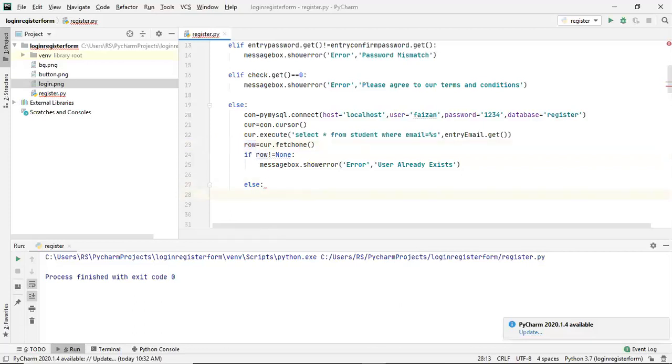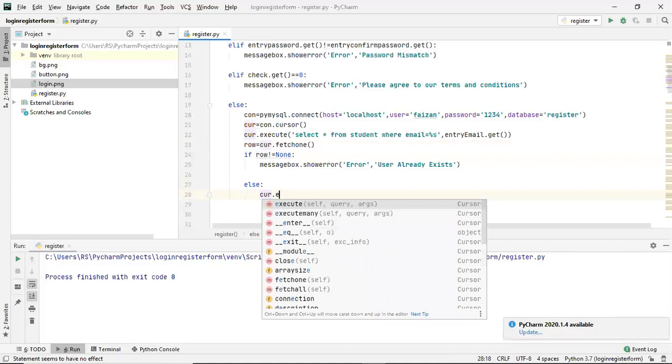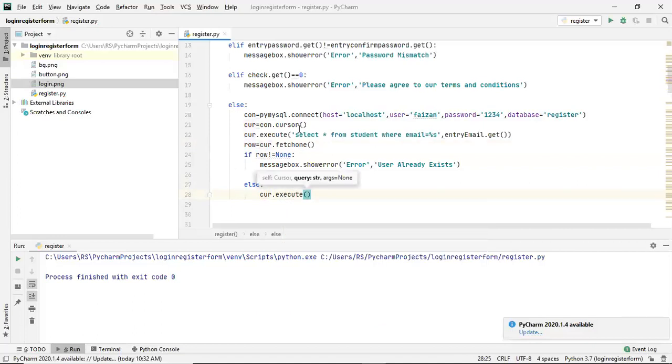And in the else part, what we will be doing is executing a command to insert: cur.execute. We are using this cursor to execute our commands. These commands we would have written directly in our database, but since we are connecting it with Python, that is why we are writing all these commands here.